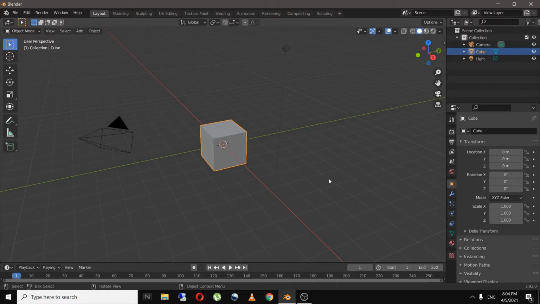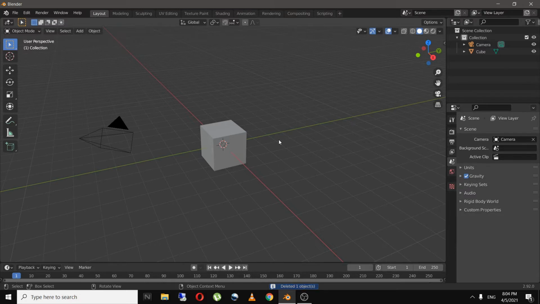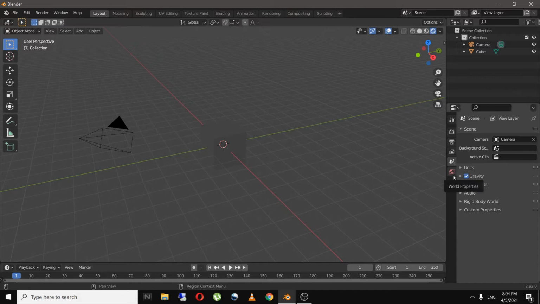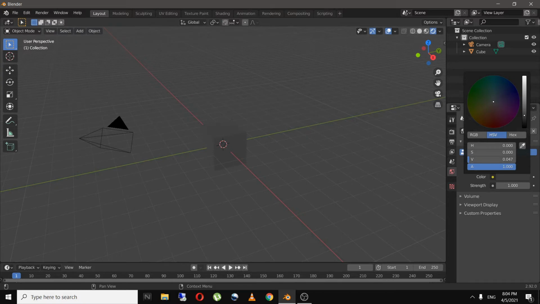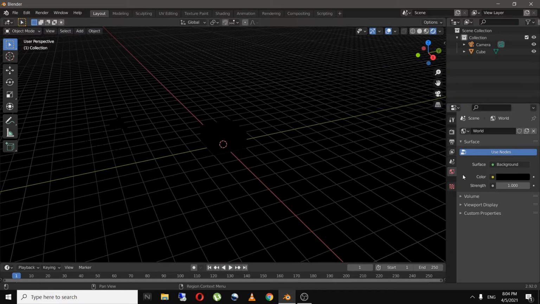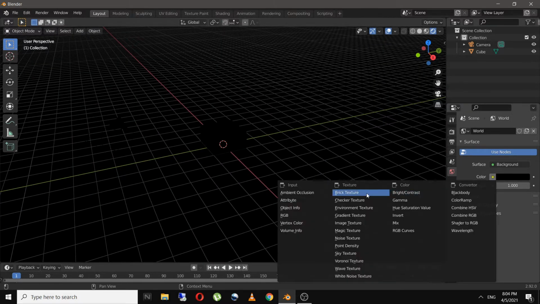So this is the default scene in Blender and this is the default point light, and we will delete this. And let's see the lighting effect. For that, we will go to the rendered view over here. And as you can see, everything is dark. That's because we don't have any light on it. So I will set the background color to complete black so that we can see how our light will react.